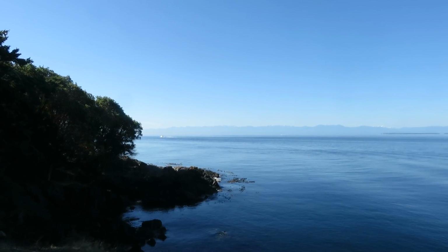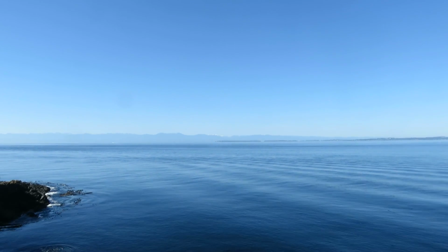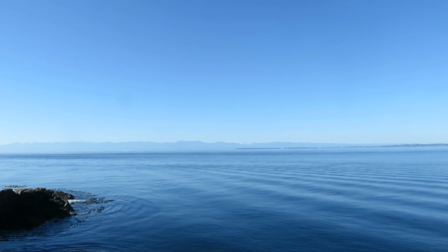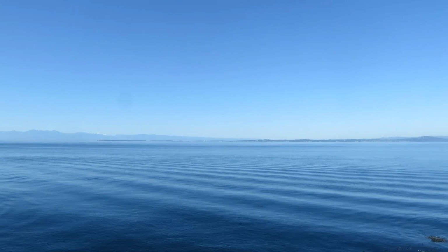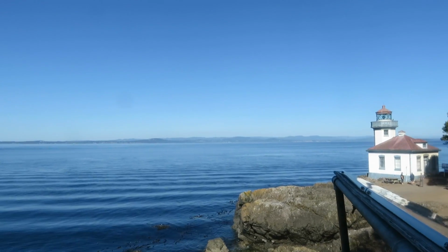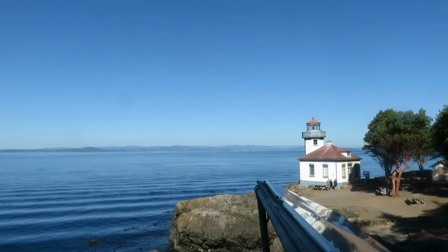This here is Limekiln State Park, and right now I'm standing on a cliff overlooking the ocean. The land that you see out there right now, that's the state of Washington, and those are the Olympic Mountains. And then there's this other land that's closer over this way, and that is Vancouver Island, so that's Canada. And then there's this beautiful lighthouse, and this park is really special because a lot of the orcas like to